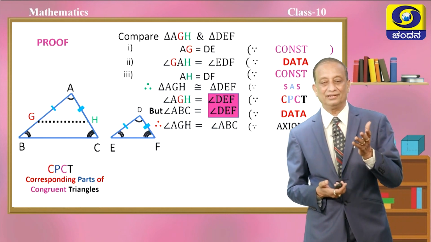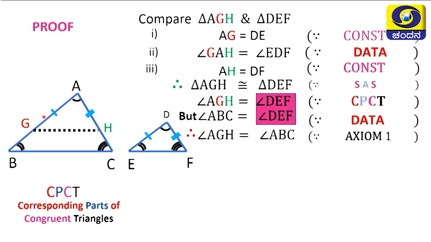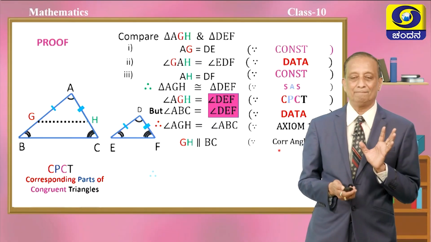Come on, look at the figure. We will show it with the pointer. Angle AGH is equal to angle ABC, correct? So, you can call AB the transversal. Imagine AB as the transversal. If corresponding angles are equal, we can conclude that GH is parallel to BC, because we just now understood that wherever corresponding angles are equal, we can immediately say that the lines are parallel.